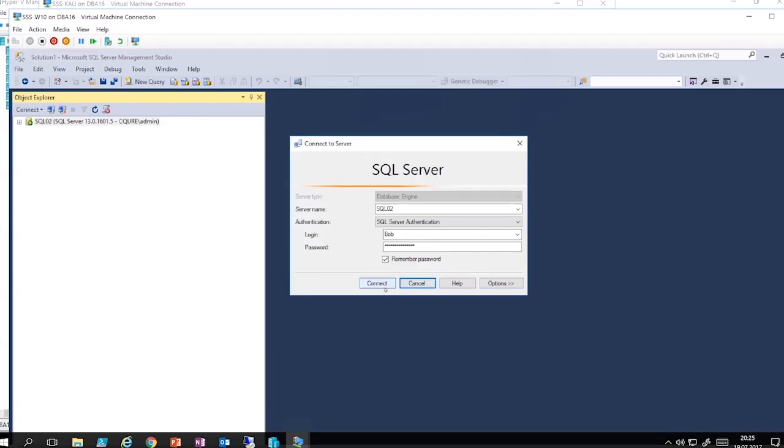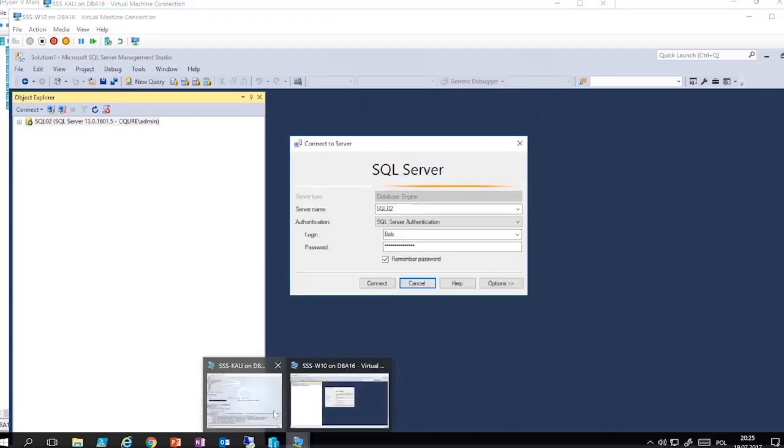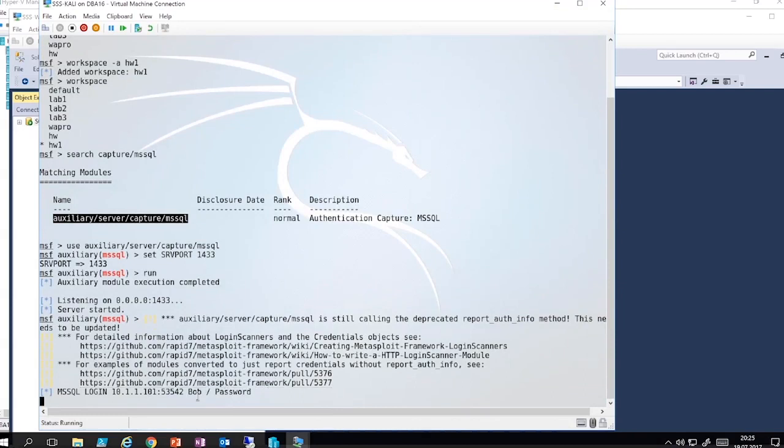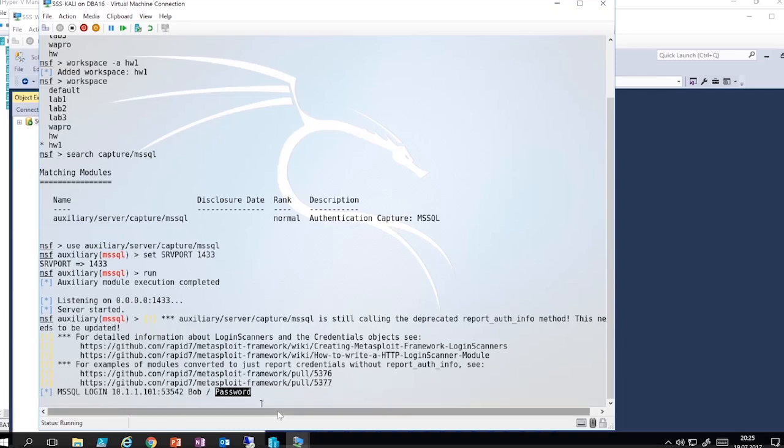Okay. And now I'll try to connect here as Bob. Failed. But let's go back to the Kali Linux and see what we have here. We have Bob and the plain text password for this Bob. I use this password to create the login on SQL Server. When I want to exit it,